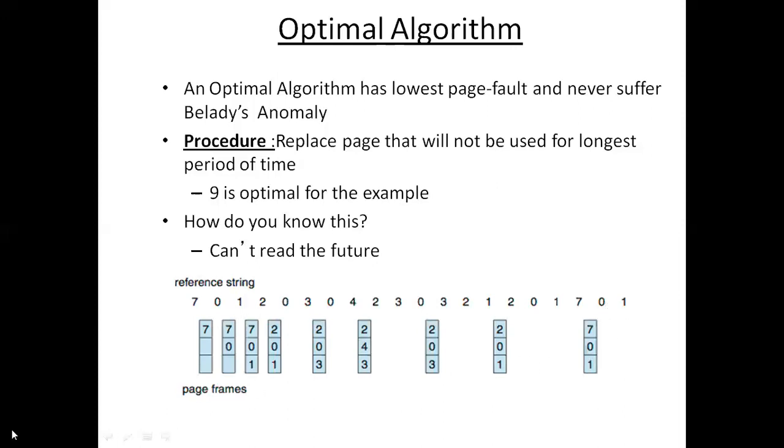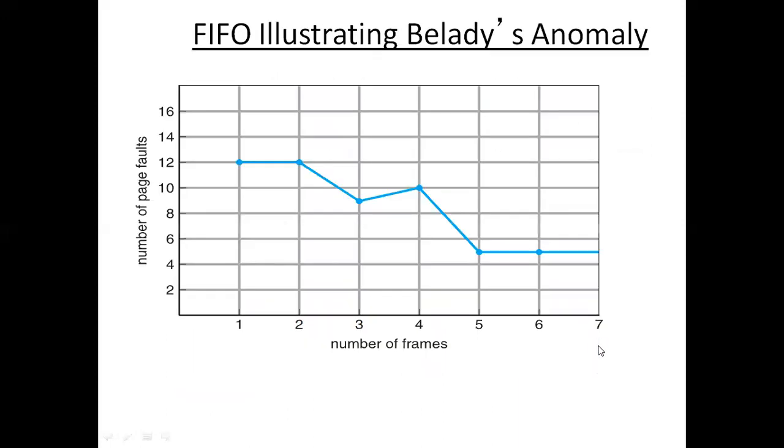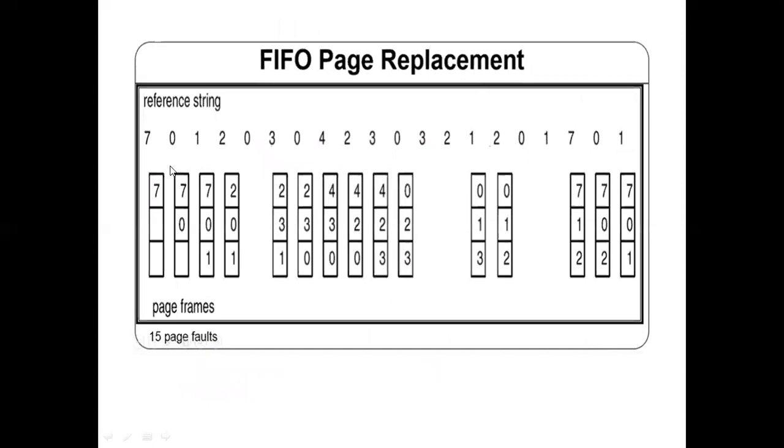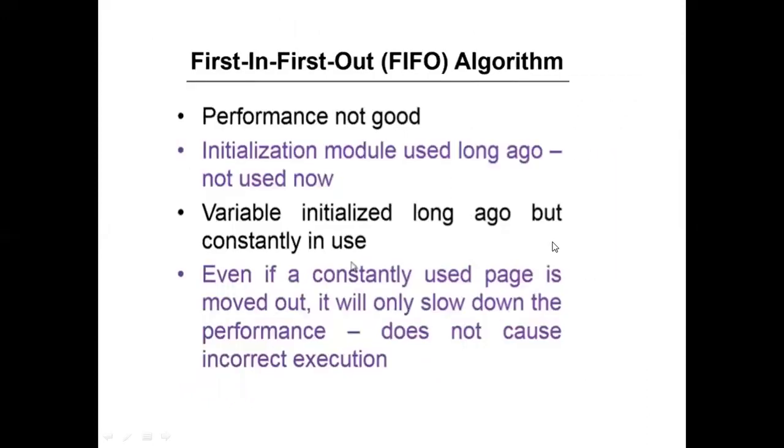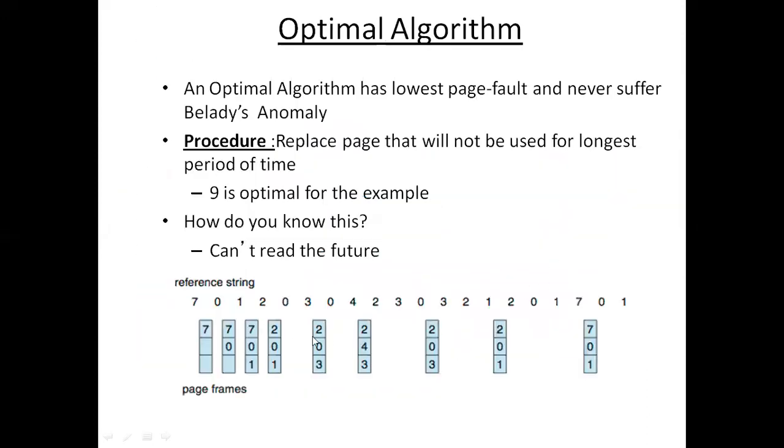So for the same sequence, you will see the number of page faults will be 1, 2, 3, 4, 5, 6, 7, 8, and 9. Previously, how many times was the page fault? 15 times. But now it is reduced to 9 times. For the same sequence, if you apply the optimal algorithm, the number of times you're looking up the disk is only 9 times. So it is better than FIFO. Okay, so this is how the optimal algorithm works.